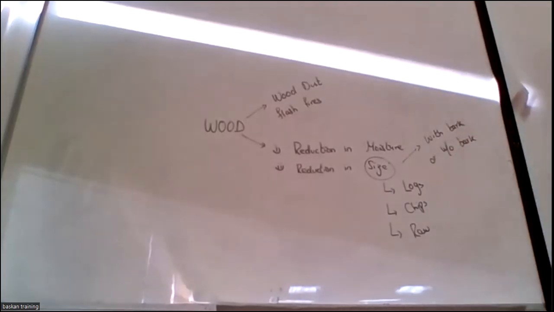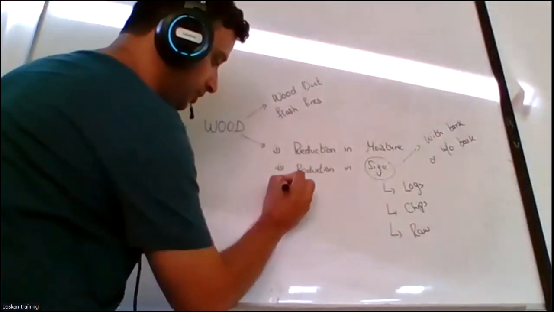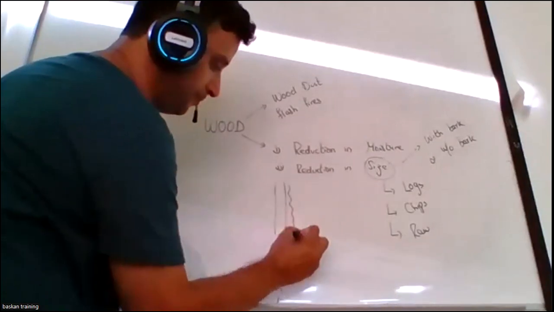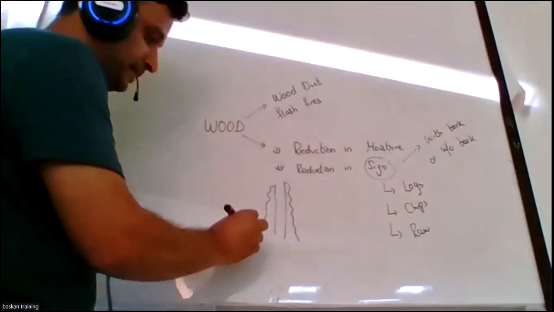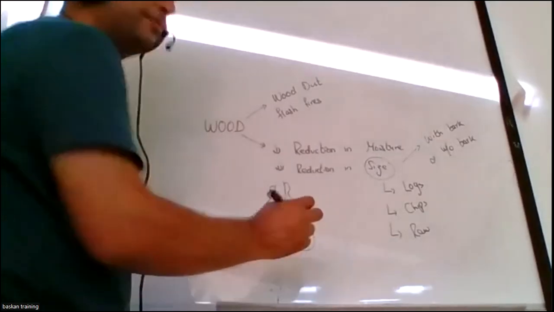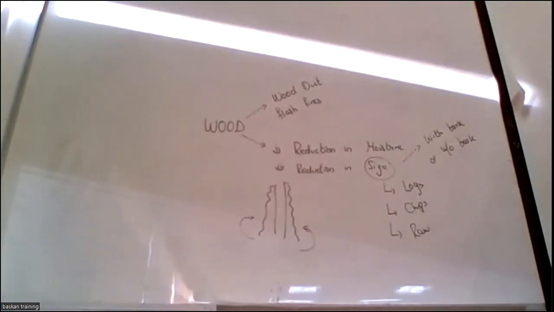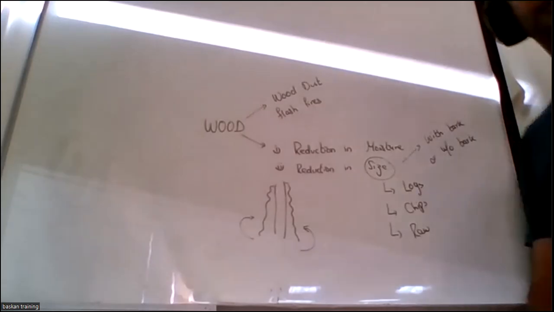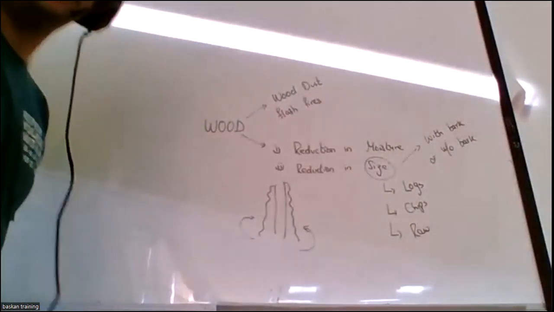Bark, what is the bark? The brown structure on the exterior of the wood, right? In the forest woods, you'll find there's a hard brown structure, and it has the capability to resist heat for a considerable amount of time. So if the wood is with bark, it will take time. Without bark, it will tend to quickly ignite the flame. So reduction in size and reduction in moisture, these both can affect the wood's capability.